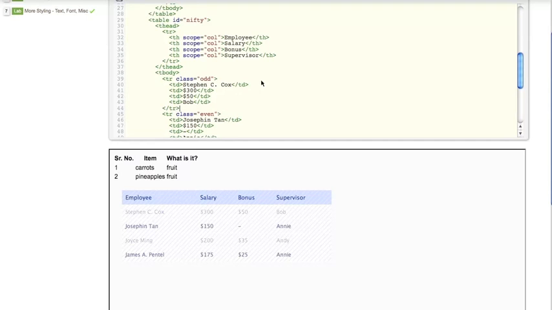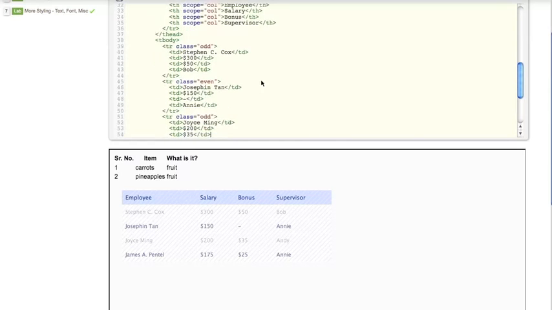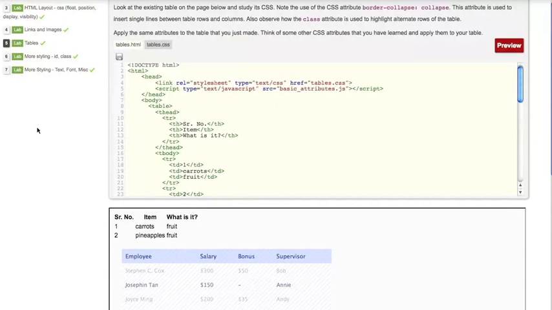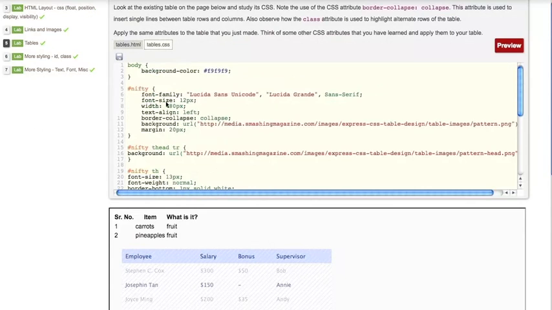Note that every row has a class assigned to it. The first row has a class named odd, the second row has a class named even, the third row has a class named odd again, so on and so forth. So we are alternating between even and odd.